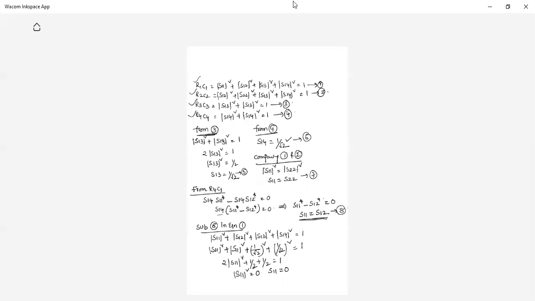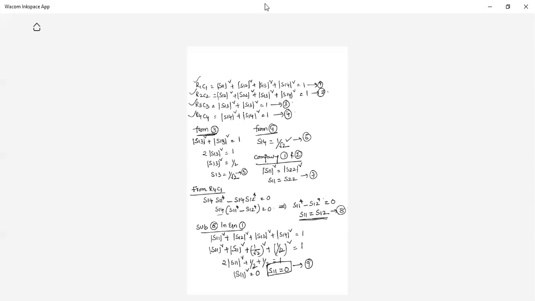So what is our S matrix? Let's go back and we'll see. Let us consider this. I'm naming it as equation number 9. Okay, you have to keep all these things in your mind when you are writing. Let's go back. What is our S matrix? So finally, we got S13 is 1 by root 2, S14 is 1 by root 2, S11 is equal to S22, S11 is equal to S12, and S11 actually we got 0.